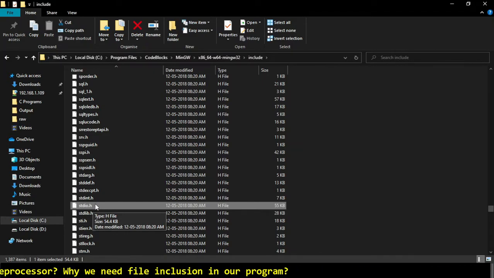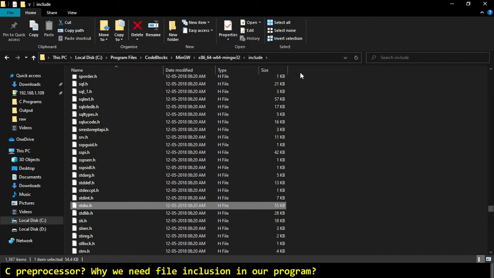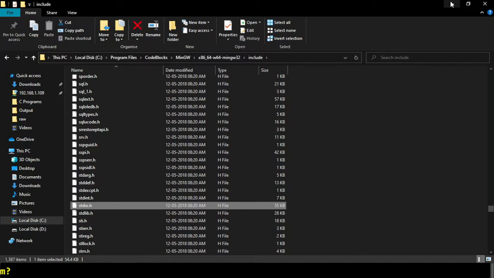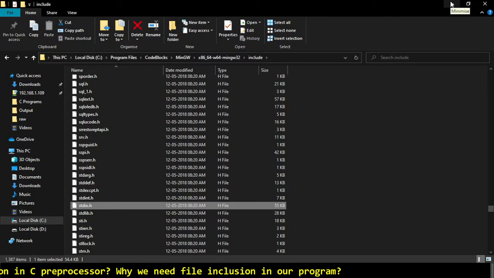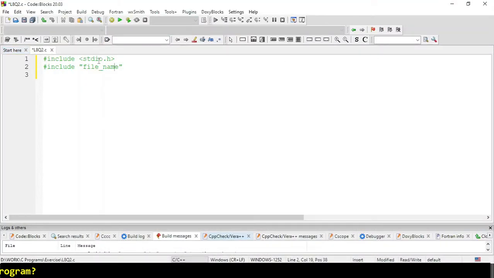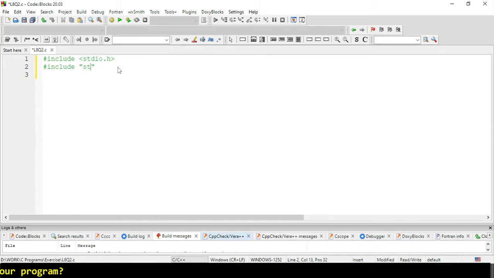for user defined files we use double quotes. If we are creating a file, if we are making our own header file or C file, then we will use this syntax, double quotes.